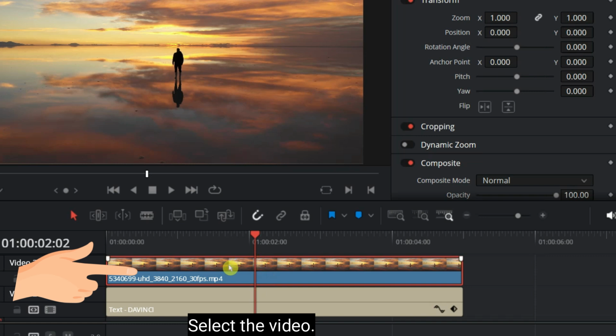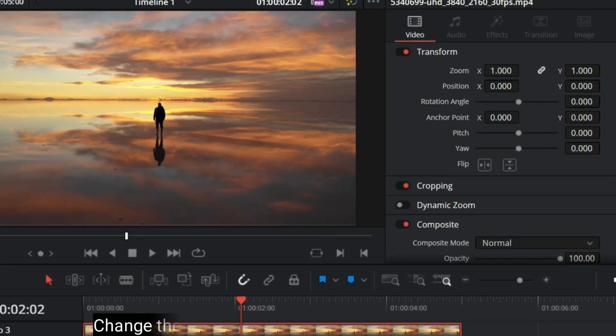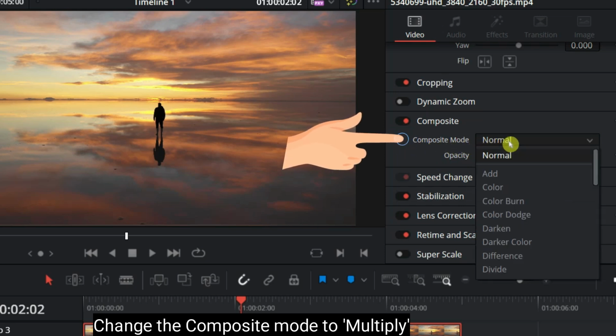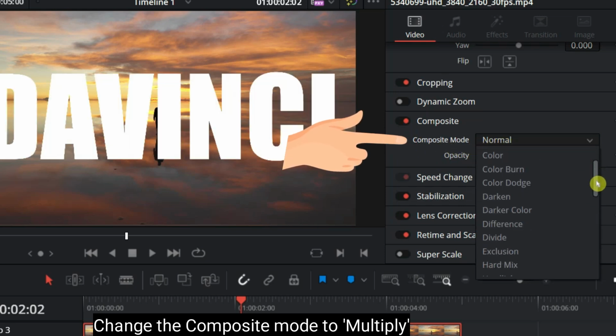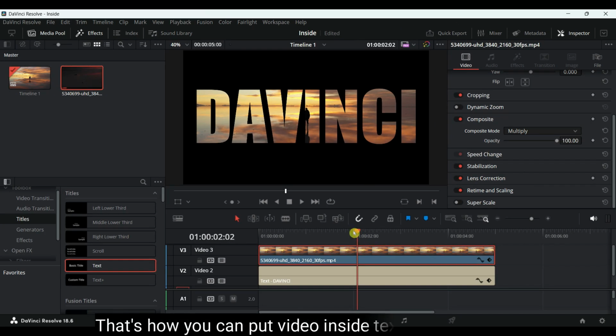Select the video. Change the composite mode to multiply. That's how you can put video inside text.